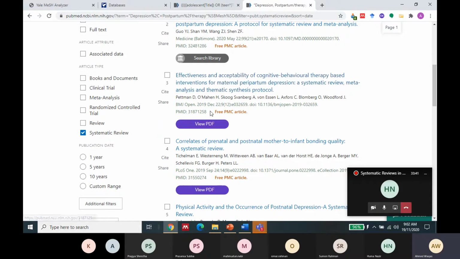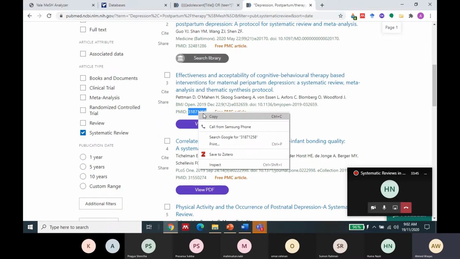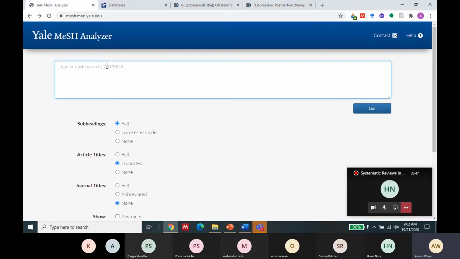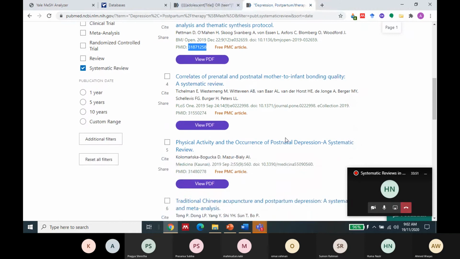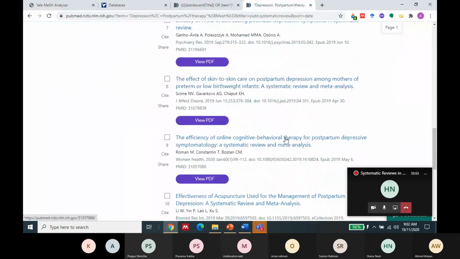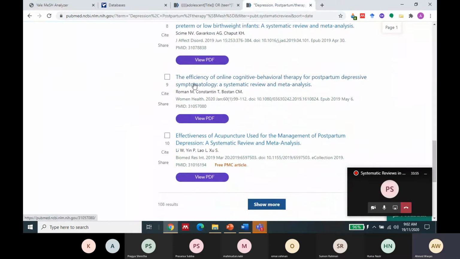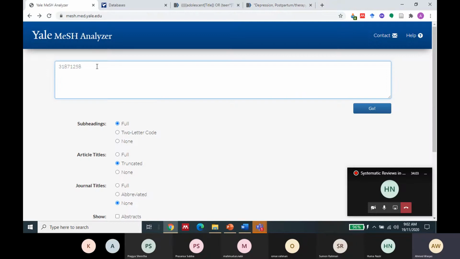This seems relevant to my systematic review. I would just copy paste this PubMed ID, go back there. "The efficacy of online CBT for postpartum depressive symptomatology." So you can just copy paste up to 20 of these PubMed IDs